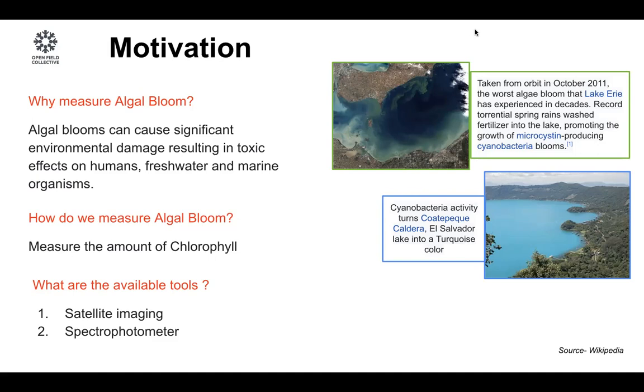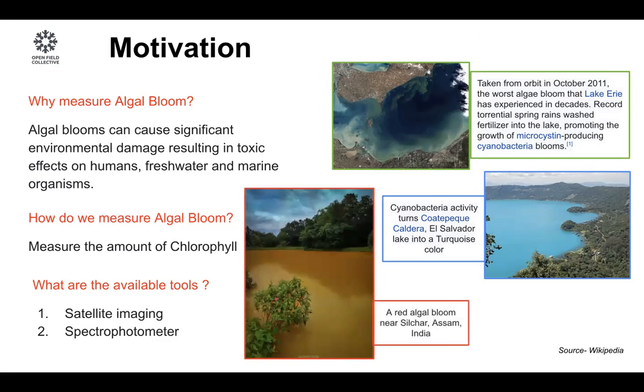So this is an image of Lake Erie. Then there is another image of a caldera, which is basically a large pond-like structure in El Salvador. There you can see that algae has caused a color change into a turquoise color rather than green. And there's another lake somewhere in India where I grew up. It's a small place called Silchar, and there you can see the pond has become red in color completely, indicating